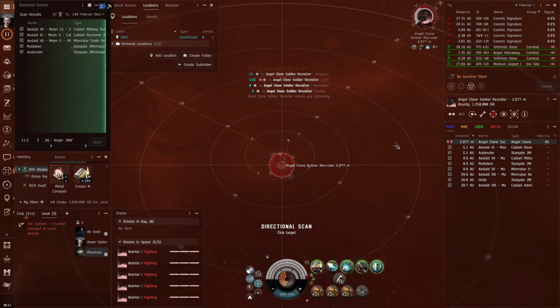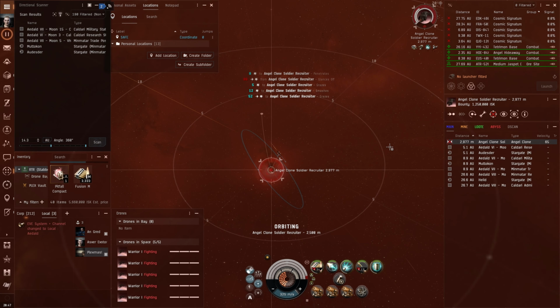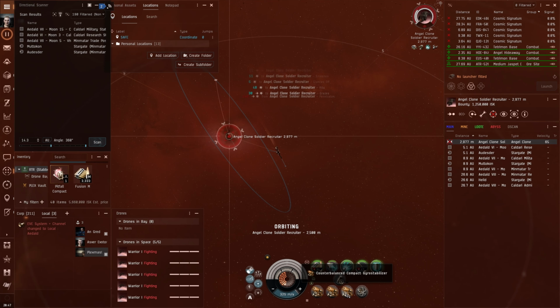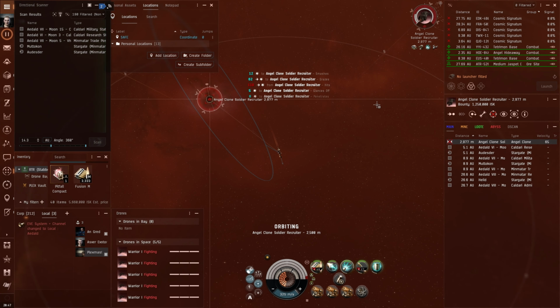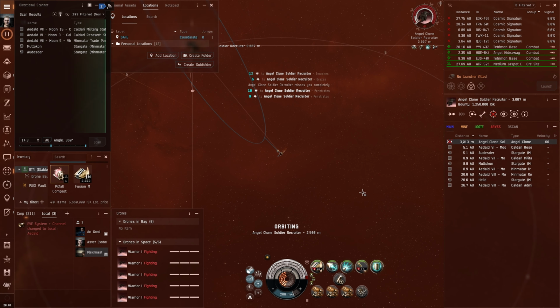But yeah, as you can see, we're not having any trouble tanking the clone soldier right now. We are only having a little bit of trouble hitting him. I think I might take out one of the Gyrostabilizers and maybe put in a tracking enhancer. Could be a lot better, could definitely be worth the upgrade. I'm gonna slow down our speed just a little bit to see how...